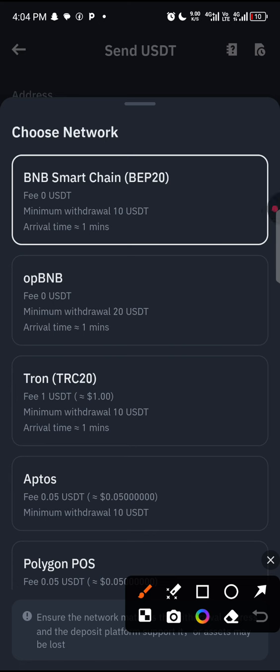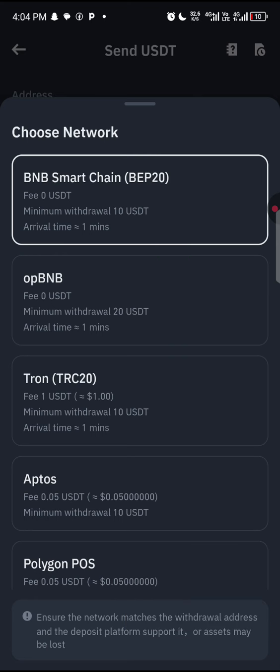So just send the person to send you a BEP20 address. Since you know your fund is in Binance, then you send using BEP20 address. As simple as that, because you'll be sending for free, zero charges. Now, if you think that doesn't make any sense, if you have to do transactions and you have to send USDT